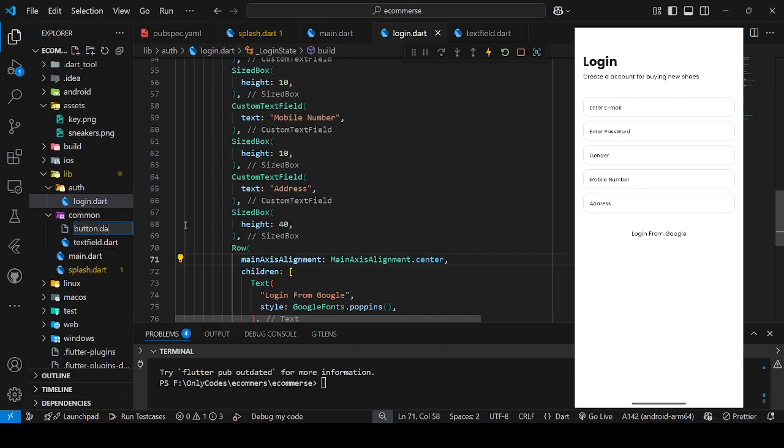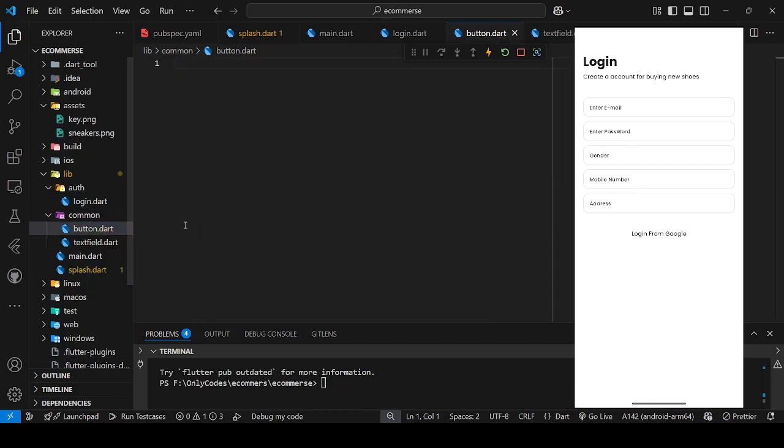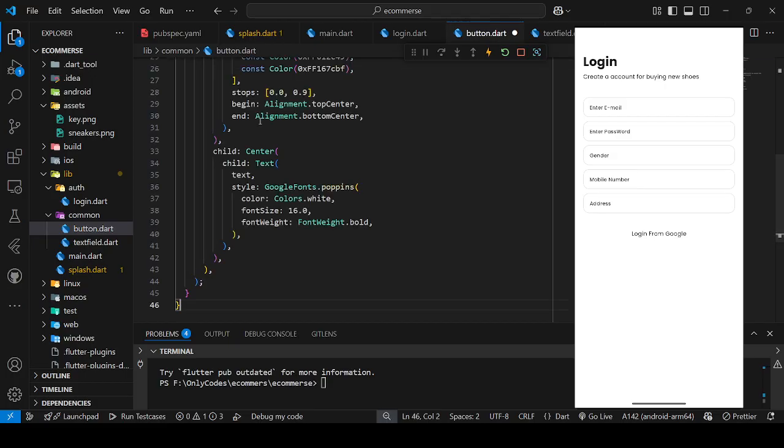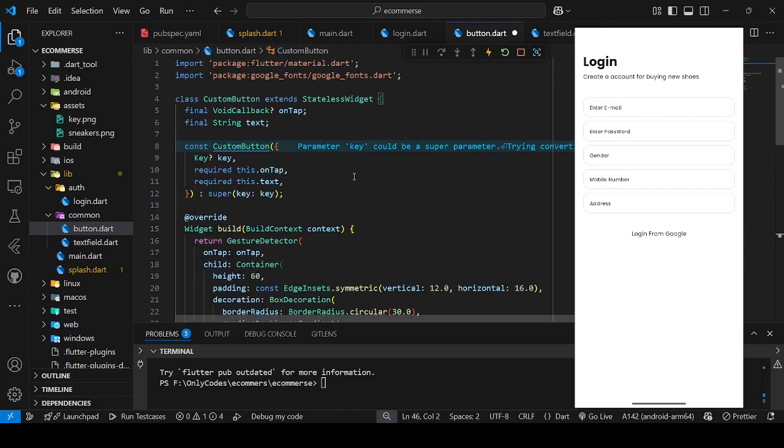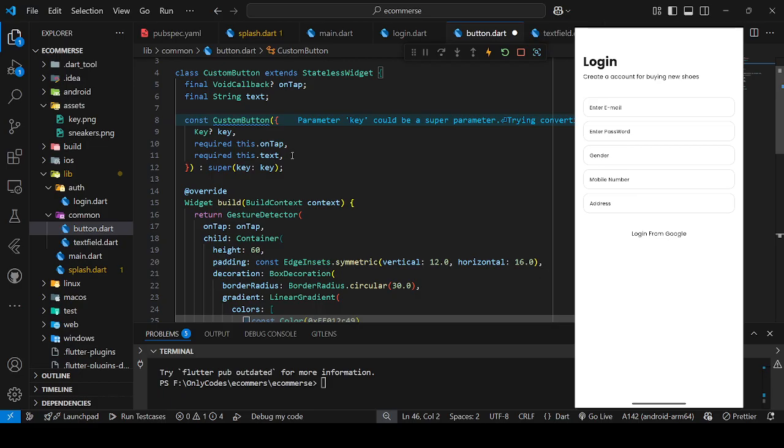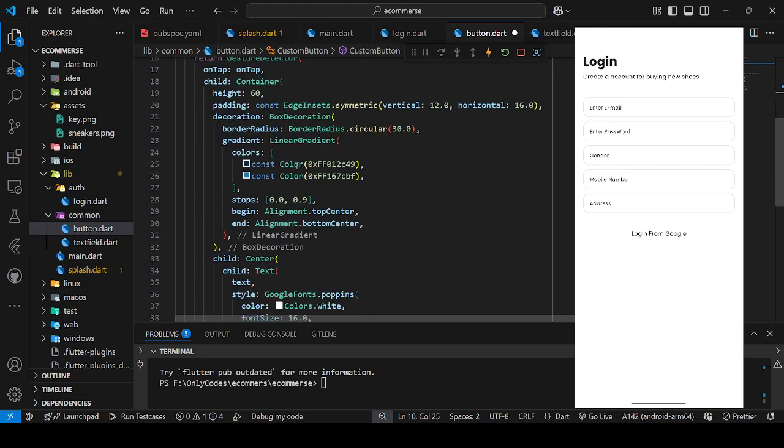And for button I have already made a widget again जहाँ पे तीन पैरामीटर पास करने वाले, सेम एज अ टेक्स्ट फील्ड जहाँ पे एक पैरामीटर पास कर रहे थे, बट यहाँ पे वी आर गोइंग टू पास टू पैरामीटर जो कि है ऑन टैप। ऑन टैप एक ऐसा फंक्शन है कि जिसपे दबाने के बाद यू आर गोइंग टू परफॉर्म सम ऑफ द फंक्शंस, और उसके बाद टेक्स्ट जो कि बीच में लिखा है।